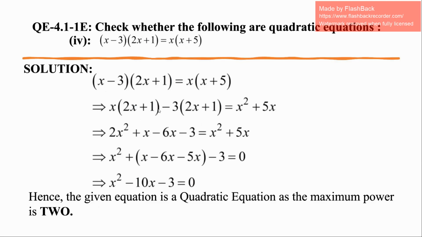For simplicity, we just expand. Initially we multiplied x into the second term, then minus 3 into the second term again. Ultimately after simplification we get the equation x squared minus 10x minus 3. So again, the maximum power of the variable here